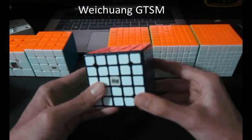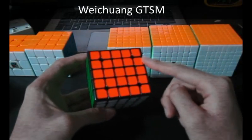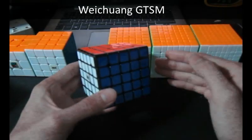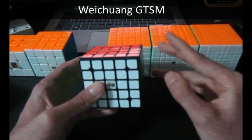For 5x5, I'm aiming for a sub 130 average, and the cube I use is a Weichong GTS. So actually I do like stickerless cubes over black, and this cube is a model from 2016. Plus Moi actually plans to release a new 5x5 after the Ultron GTS, which if you have watched one of